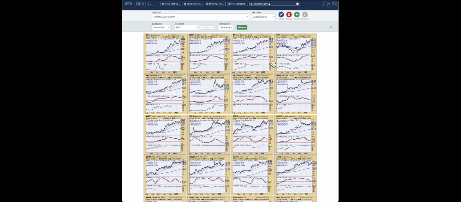So you can see the PMO scan does come up with some pretty good results. And I think that this is one of the ways that you can really improve your trading and find those strong stocks and bring them up to the top by using this PMO sort. So if you're not a StockCharts member, maybe something to consider if you want to get involved in these scans, which I do find very powerful. But if you don't have StockCharts,